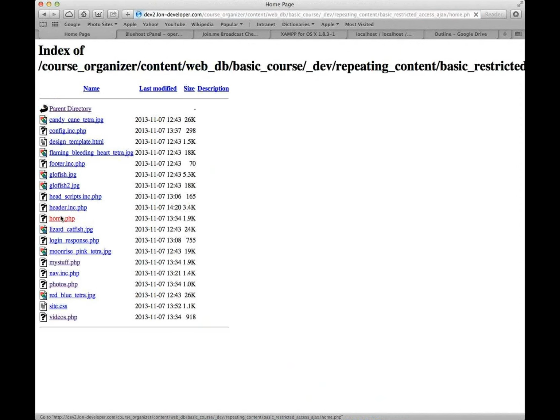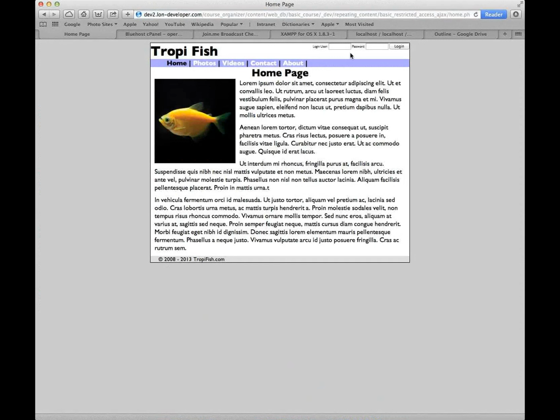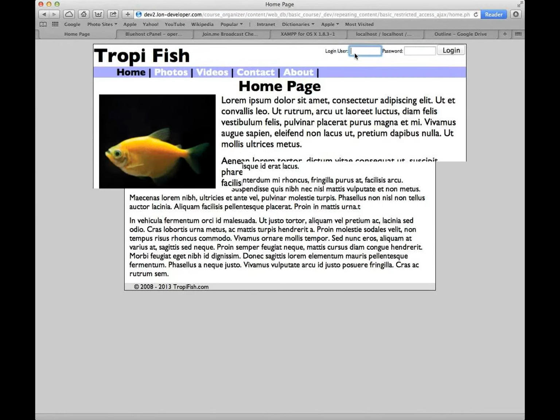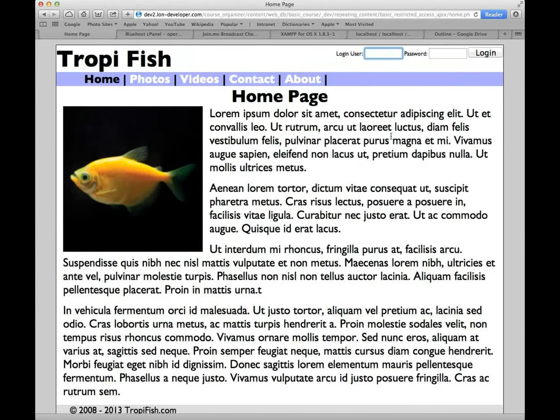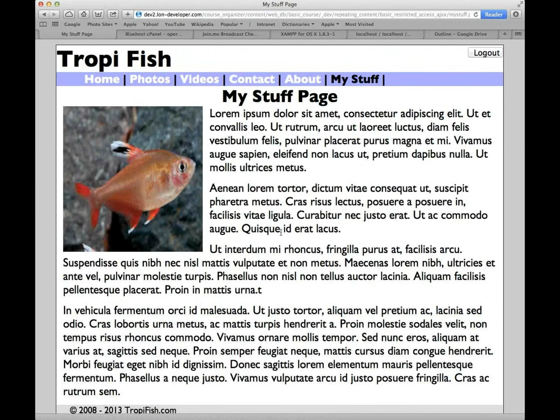And this is basically all the same files, but we have this user login capability here at the top. It's kind of tiny, but let's see. I'll just bump it up a little bit, there you go, so you can see it a little better. So if I try to log in, I have to know my secret password here. In this example, they're not too complicated. And I log in, and now I have this menu choice here that didn't exist before,